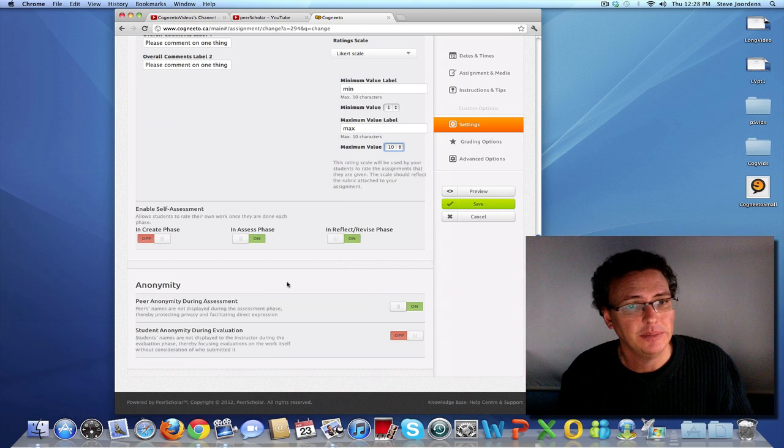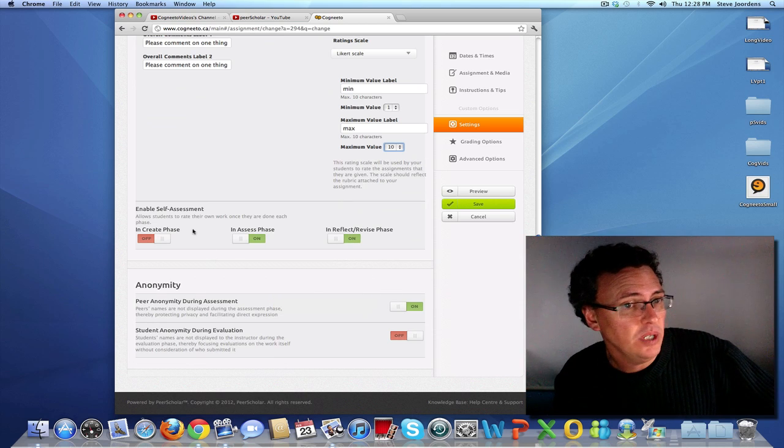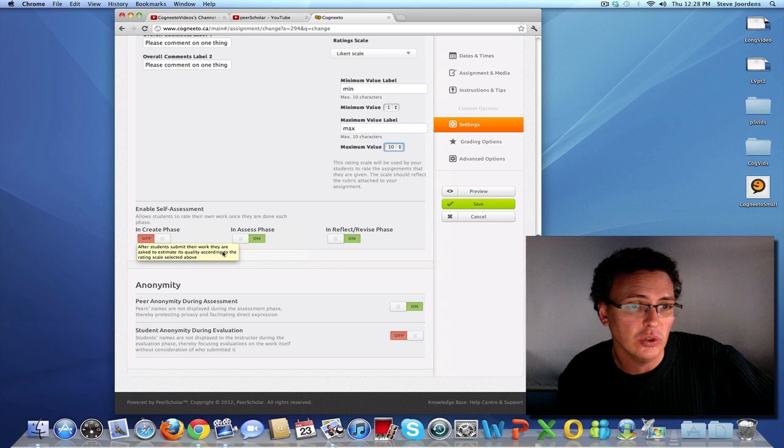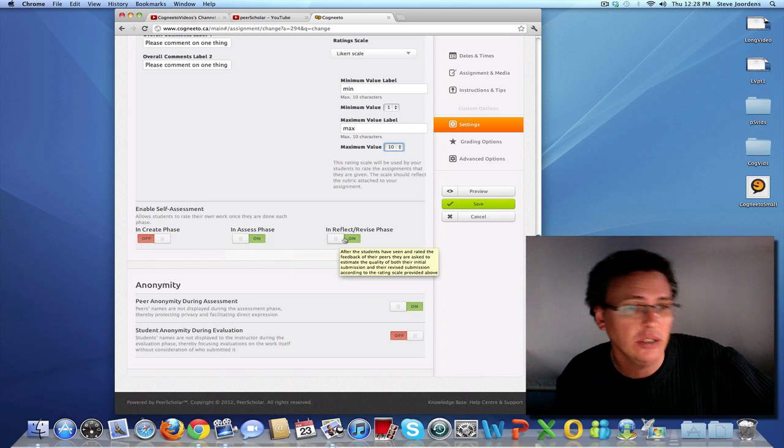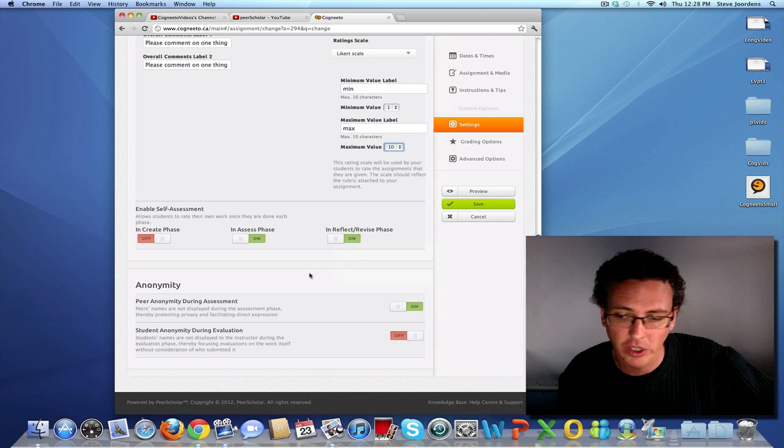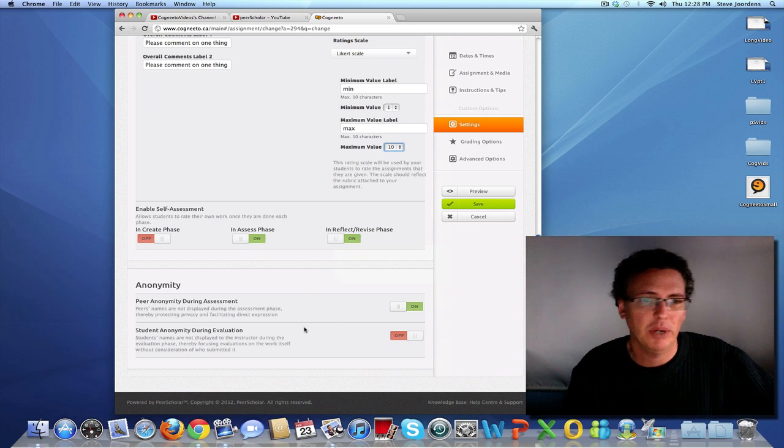Okay. You can also ask students to assess their own work as they go through, and you can do that in any or all of the 3 phases. That's completely up to you. So that'll just prompt students to evaluate their own work. And then finally, these 2 on the bottom,